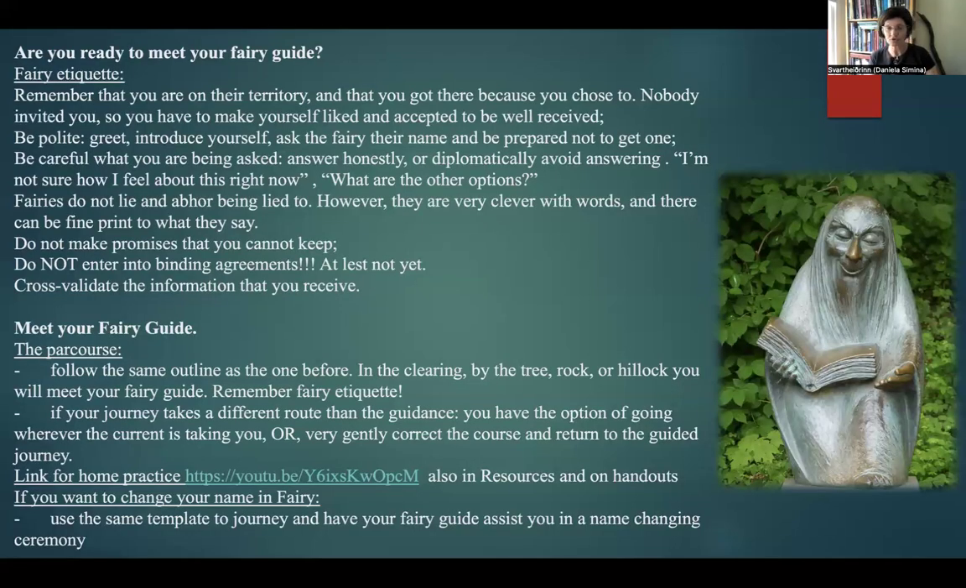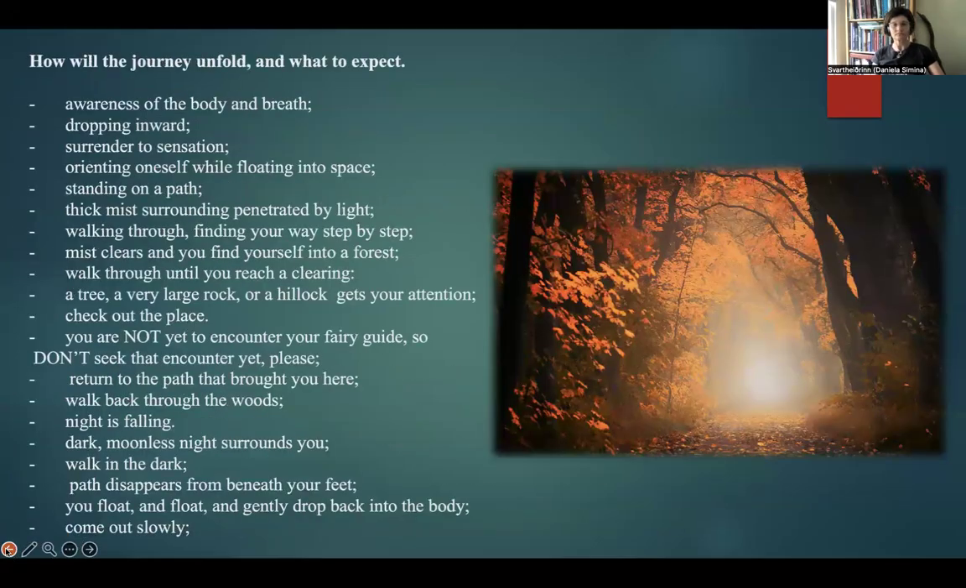We're going to do the journey and then we're going to have a conversation about these last two lines on the slide. So for now, just close your eyes and come to breath. You are aware of your body and breath. And ride the waves of your breath inward,